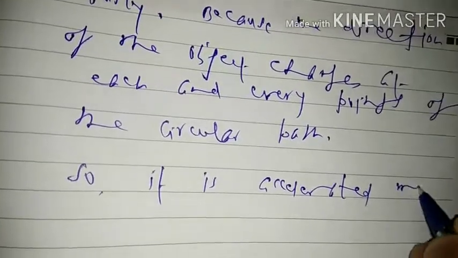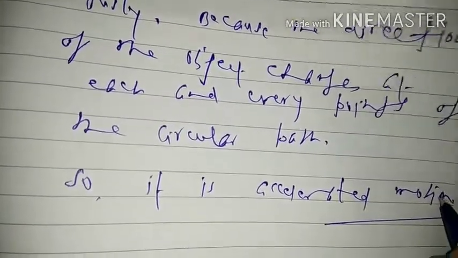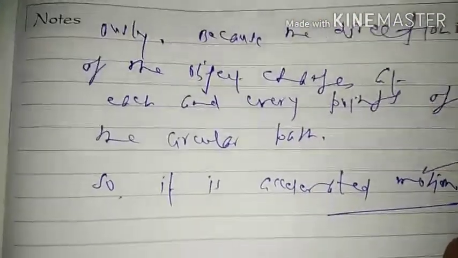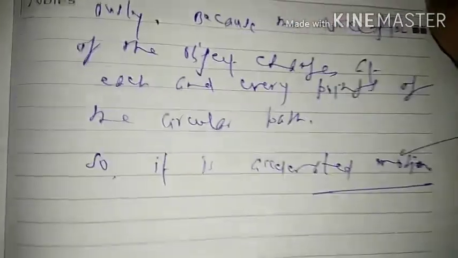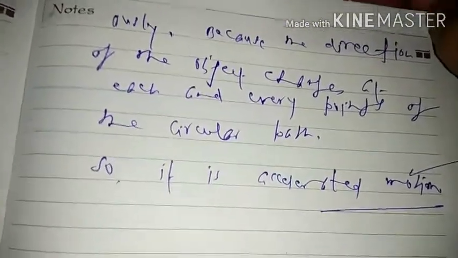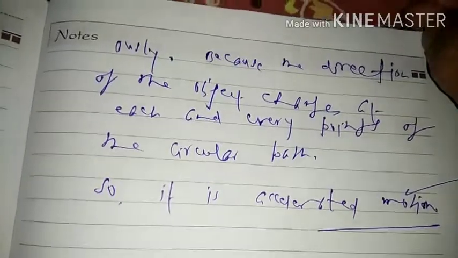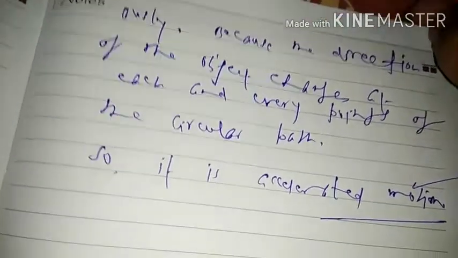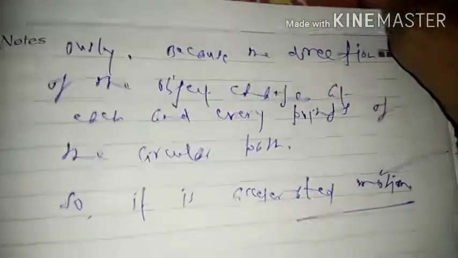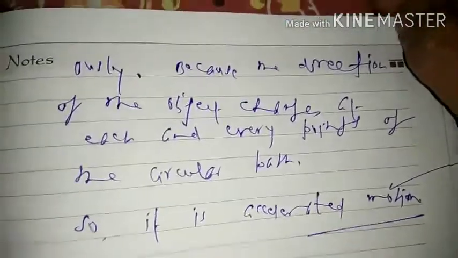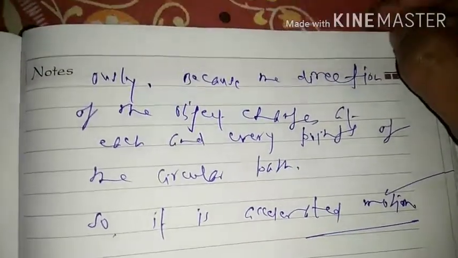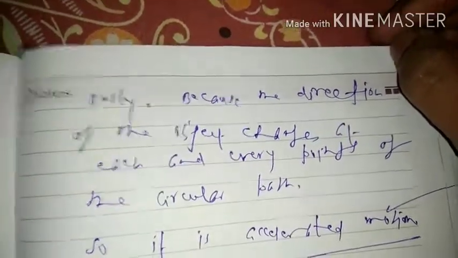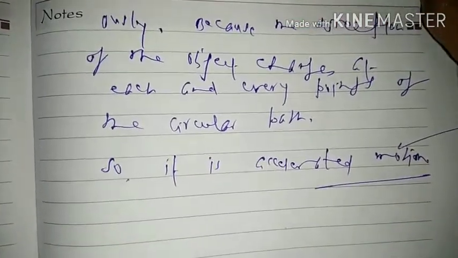It is accelerated motion. This is a conceptual question. This question will be asked again and again: the speed of an object remains constant in uniform circular motion, then say whether it is accelerated or non-accelerated motion. So with the concept of constant speed, most students say it is non-accelerated motion. But velocity has both magnitude and direction; here the magnitude remains the same, but the direction changes continuously. So following this concept, it is accelerated motion.